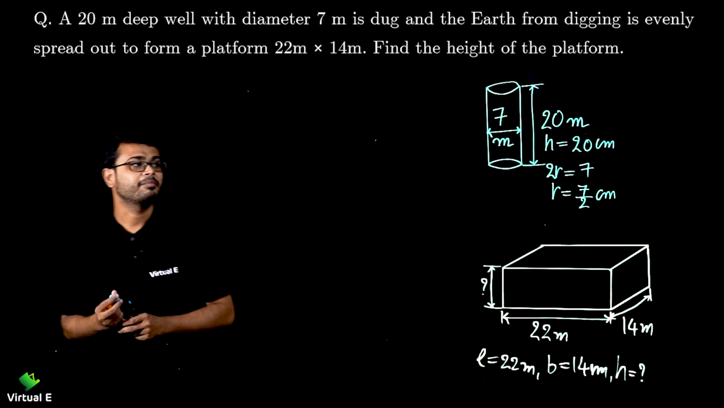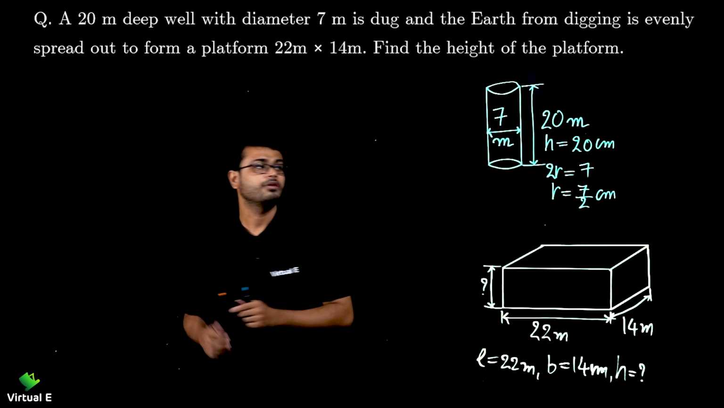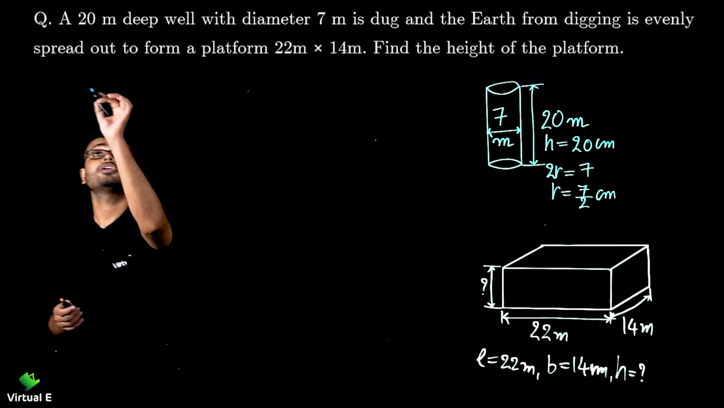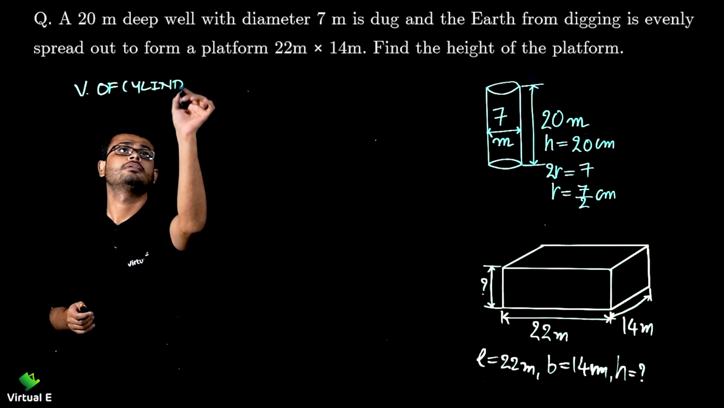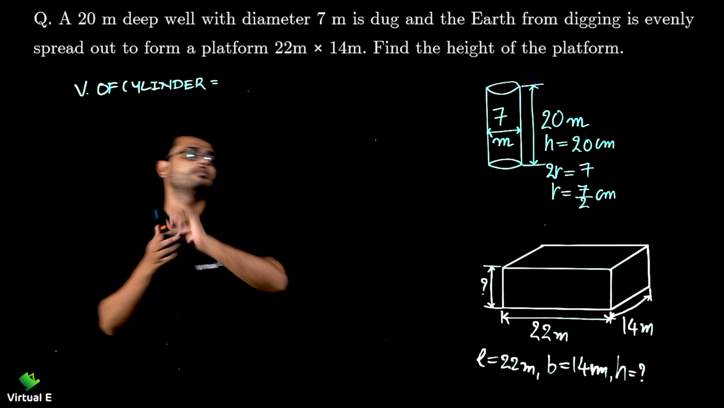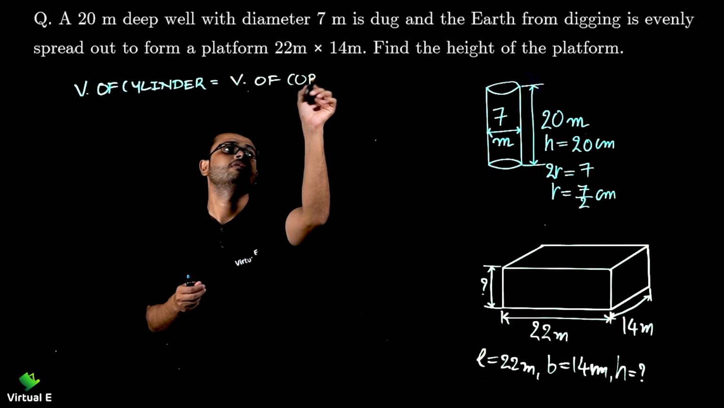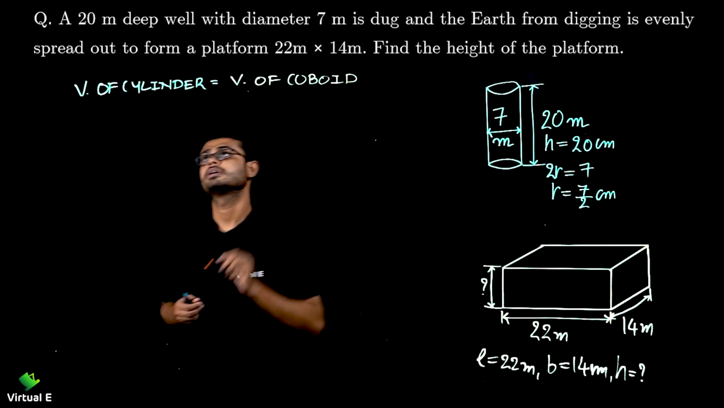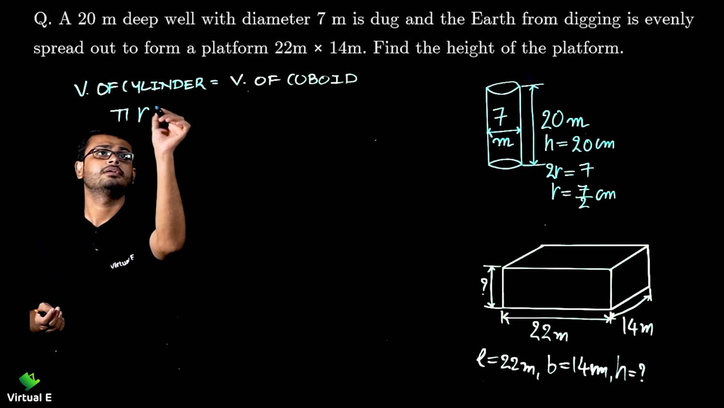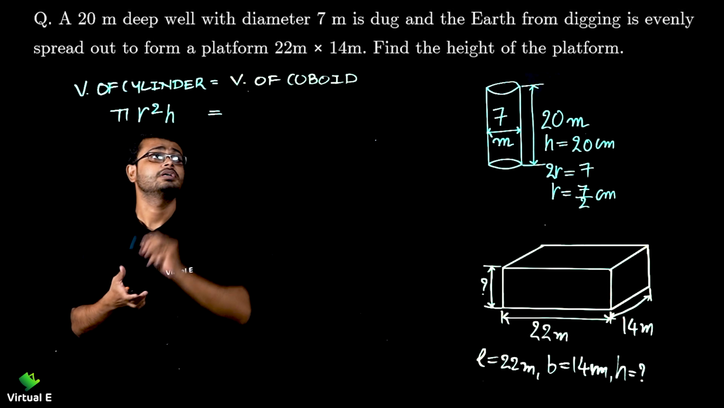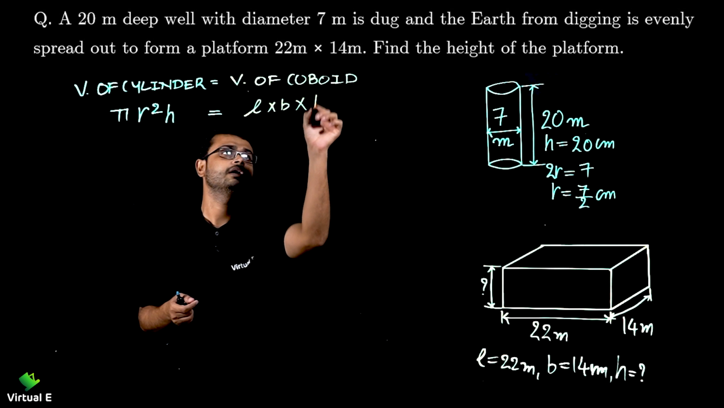We know that we are going to compare the volumes. So volume of cylinder is equal to volume of cuboid. So let's start. Volume of cylinder is equal to what? Volume of cuboid. Now let's apply the formula. Volume of cylinder, we know, is pi r square h, equal to that of cuboid, very simple, L into B into